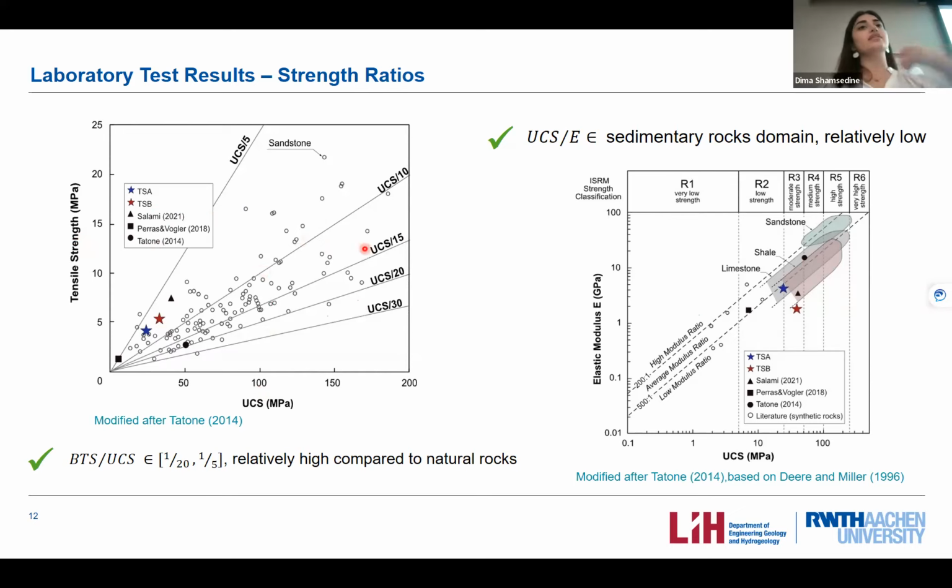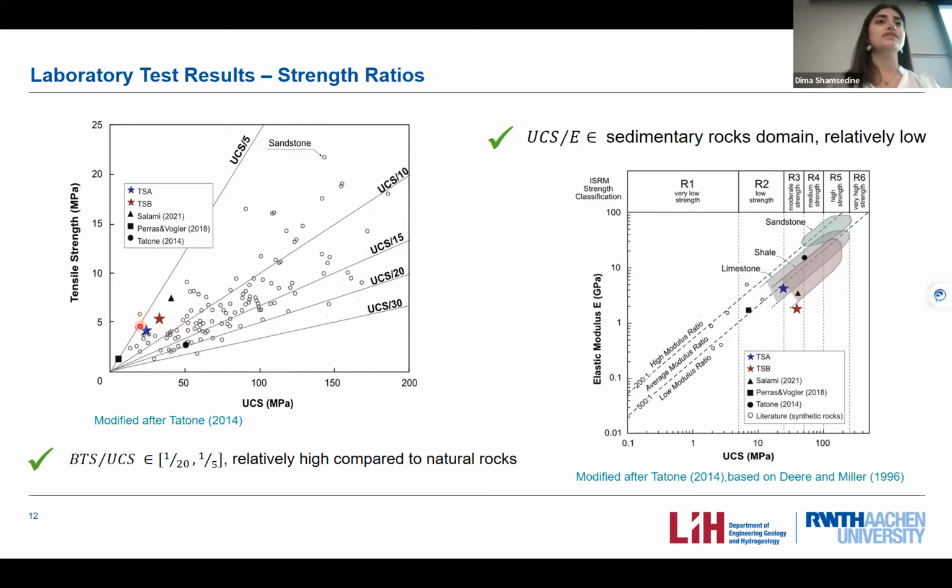And this graph here shows the distribution of natural sandstone data points and their strength ratios. So the plotted data points here for test series A and test series B can be directly compared to the natural data points. And we can see that the strength ratio of the series A and B belongs to the higher domain of the natural